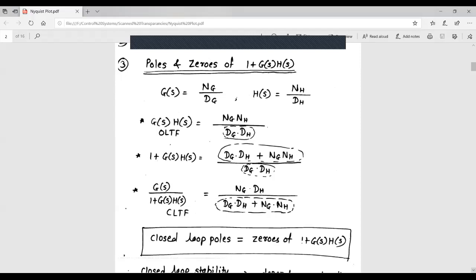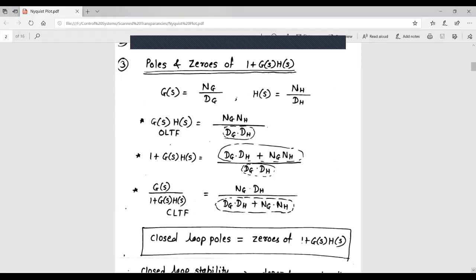So basically there are two types of stabilities that we analyze: open loop stability and closed loop stability. Open loop stability can be inferred from the location of open loop poles, and closed loop stability can be commented on from the location of closed loop poles, right? So we are interested in closed loop stability of the system, and so before commenting, we should ensure that all the closed loop poles of the system lie in the left half of S-plane, right?